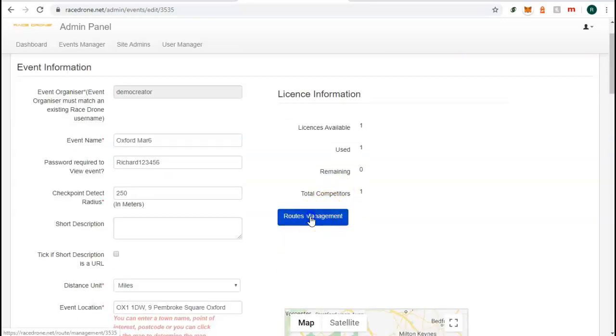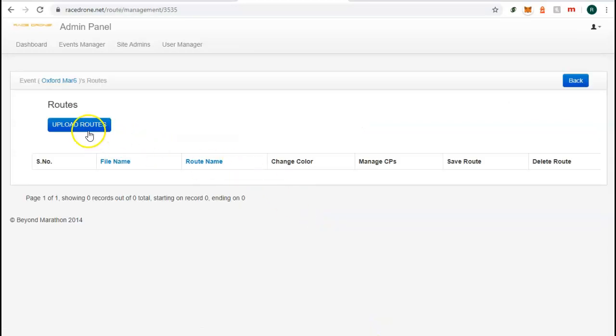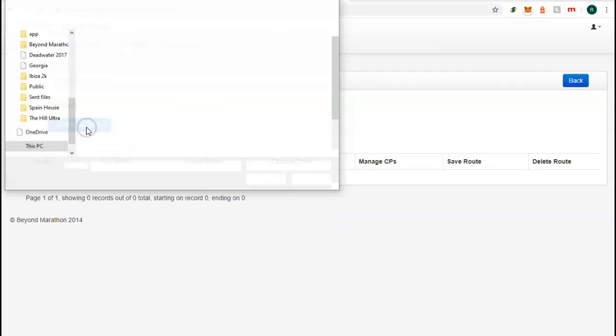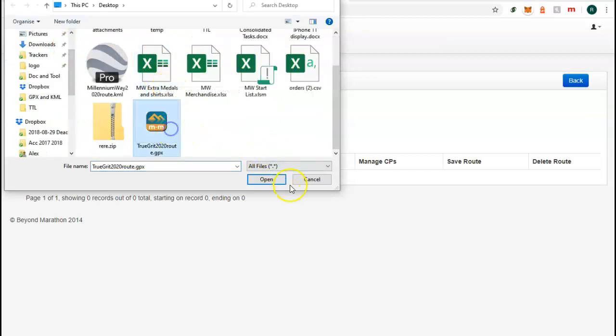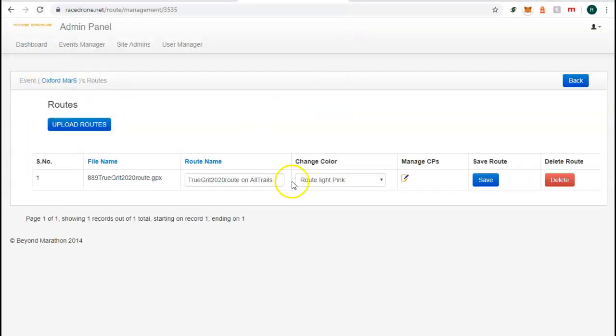Once you go in there, click on Routes Management, and you upload your routes one at a time. So I'm going to click on Upload Routes. I'm going to scroll up to the desktop, choose this TrueGrit.gpx file, and it's just uploaded it. Now you've got some options here. You can change the route name which appears on the map. So I'm going to call this the